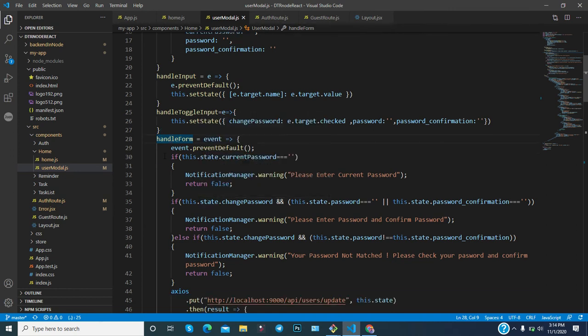After submitting the form, you have to use the API call. It means you will call the API so that you will be able to change the password and change the name, all this stuff. So a little validation is available.